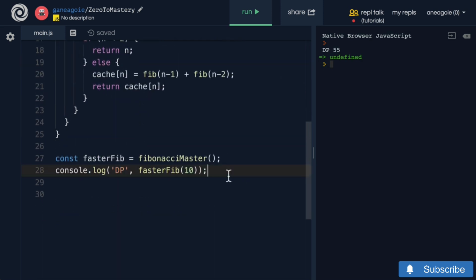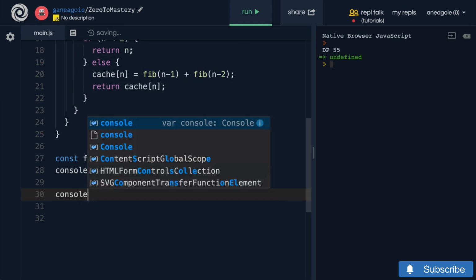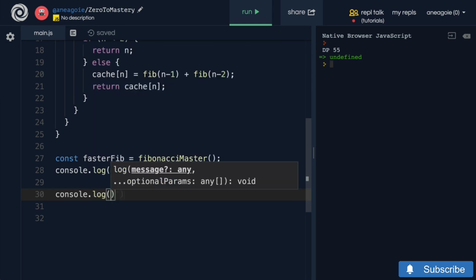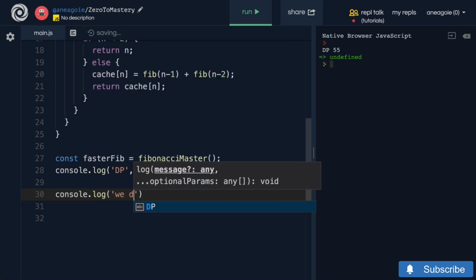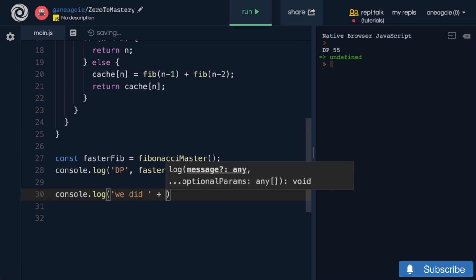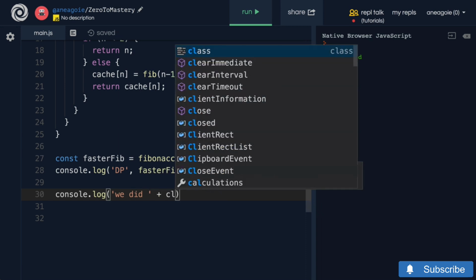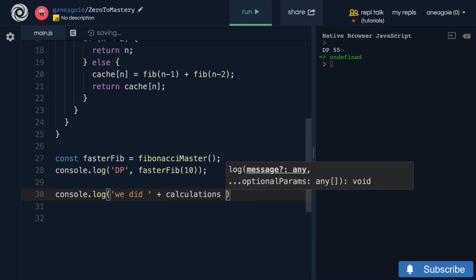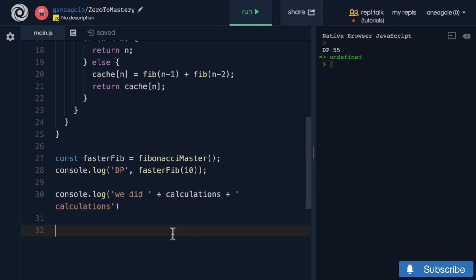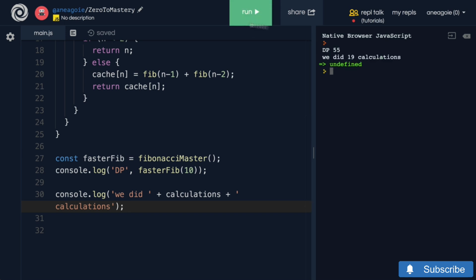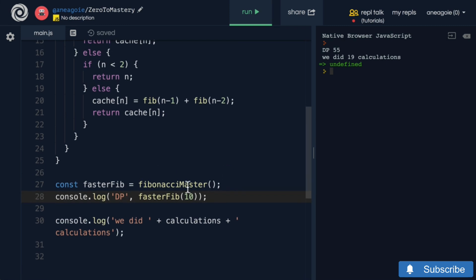So at the bottom over here, let's have a console.log. And we'll say we did calculations, just like that. So that if I run this, we see that we did 19 calculations